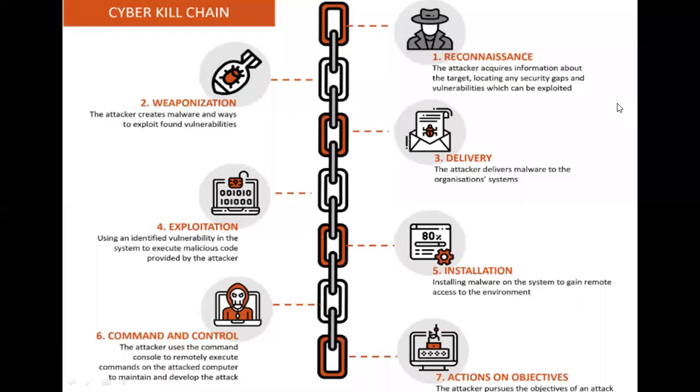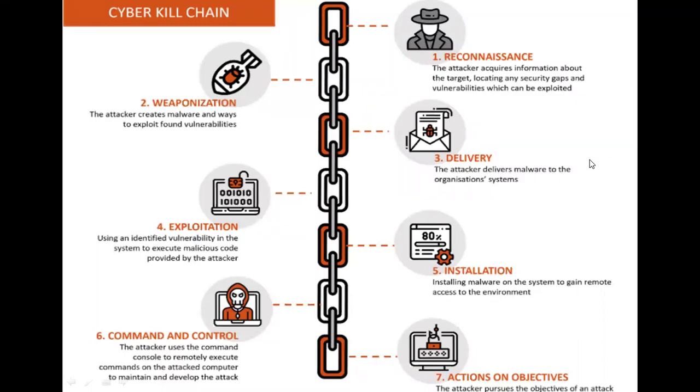Okay, so let's talk about the cyber attack chain. So the cyber attack chain is like a framework that shows the step-by-step of how an attack is carried out, explaining the various step processes that a cyber attacker would take in conducting an attack. It just describes the flow from start to finish. So it's more of a framework. That's what this cyber attack chain is.